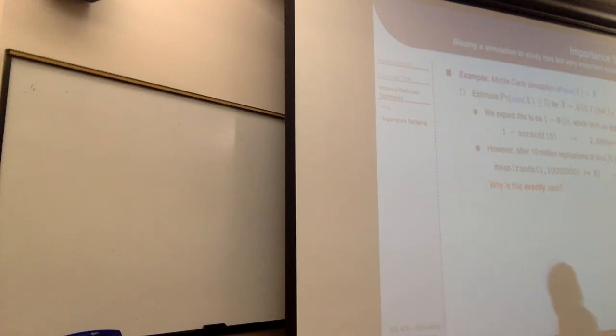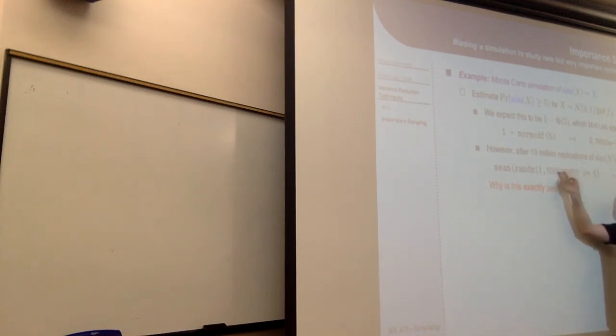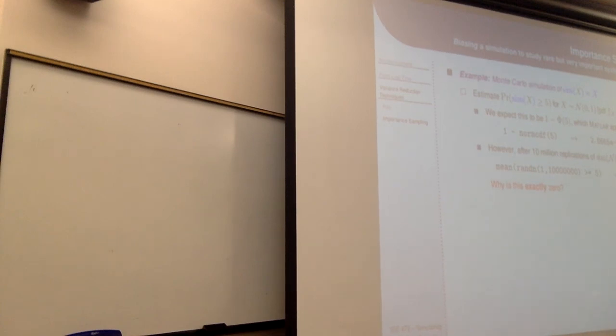It's not a complicated thing. MATLAB tells me that when it took an average of these, this turns up zeros and ones. So it's 10 million zeros and ones. I take an average of a vector that has 10 million zeros and ones, and I get 0. Why? What does that tell me about those 10 million zeros and ones? It's all zeros. Not once in my 10 million draws did I ever get an outcome that was greater than 5. So that's a problem, because this is clearly not that.